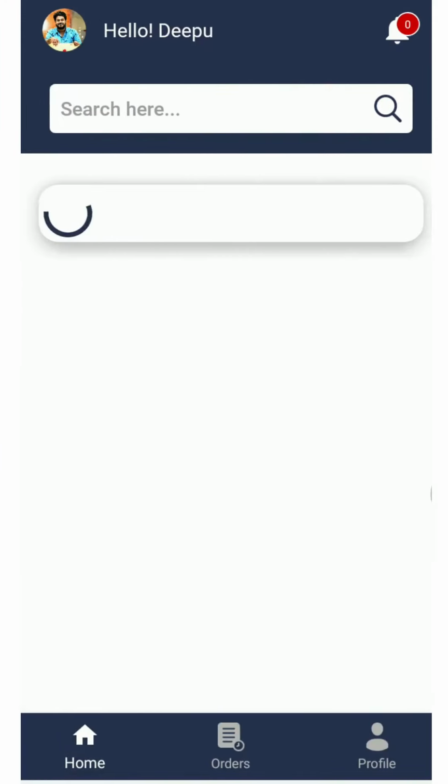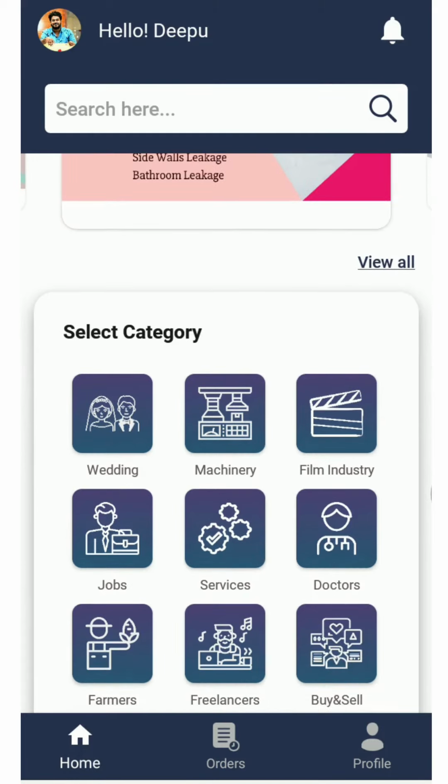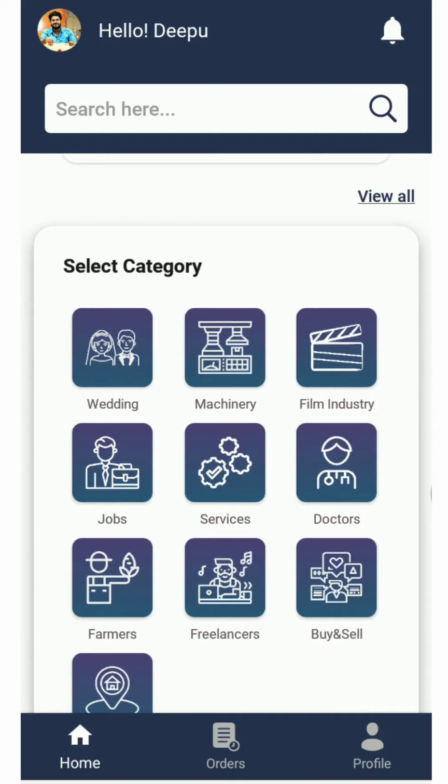So in this way, first I need to understand my need and find out the category, and after that I have to click on the category so that products which are assigned to that category will be displayed on the screen.